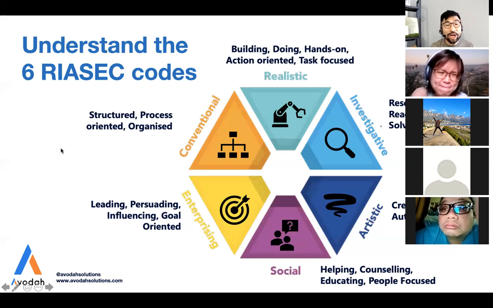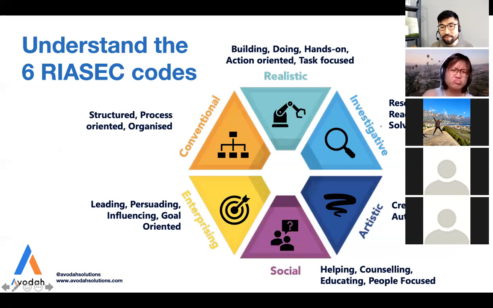It's really about being organized, structured, and process-oriented. So, these are the 6 RIASEC codes, or the 6 RIASEC dimensions. And the good news for all of us is that we all have all 6. The only thing is, for us, about 2 or 3 of these dimensions in our lives tend to be more dominant. So we have all 6, but at any one point of time, only 2 or 3 of them tend to be more obvious.